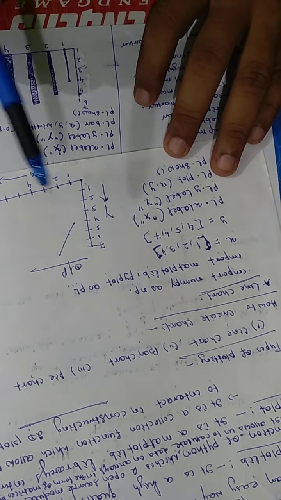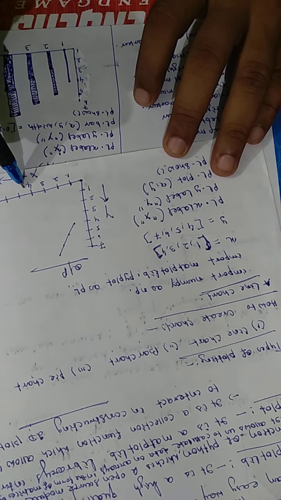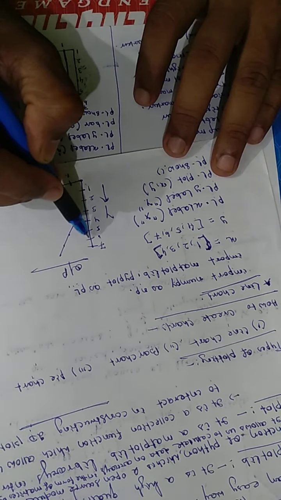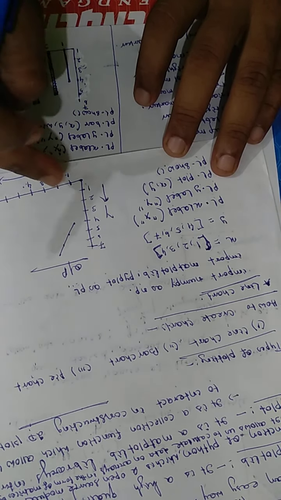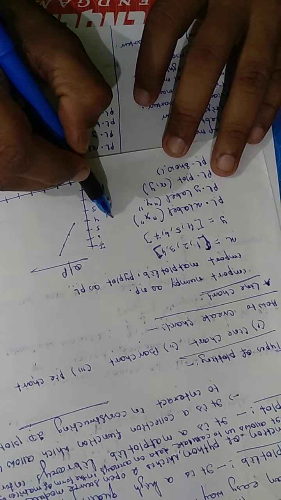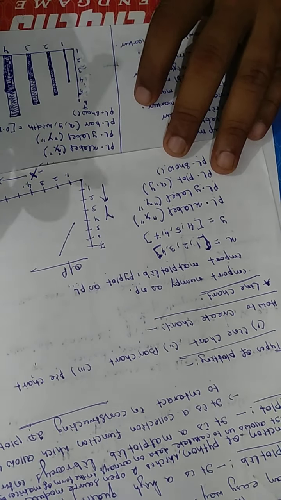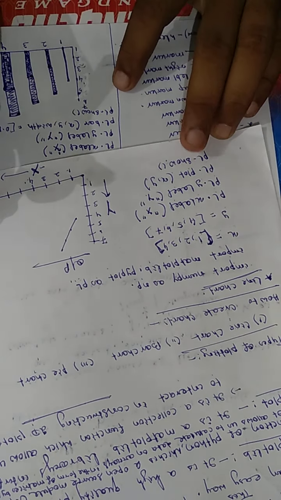When x you are taking, your 1 2 3 4 like this way, 1 2 3 4 points I am taking. 4 5 6 7 means your 4 5 6 7. These are the points that have been taken in x and y axis. This is your x axis. It will be labeled as x axis and it will be labeled as y axis. Okay, understood? And the graph will be plotted how? Plot x y.